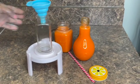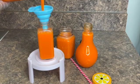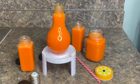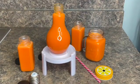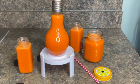Hey guys, look at these juices. Here we have all the juices, guys, so please try the recipe out and remember to be kind to yourself